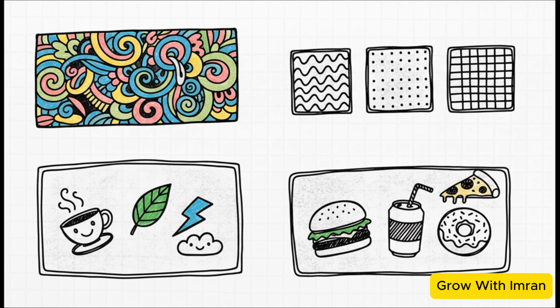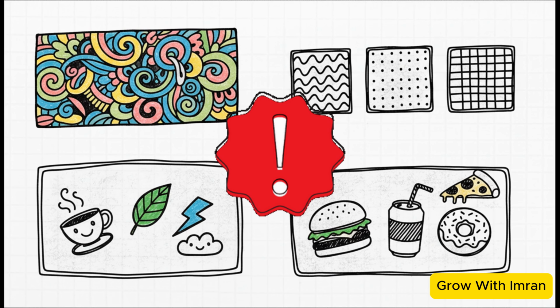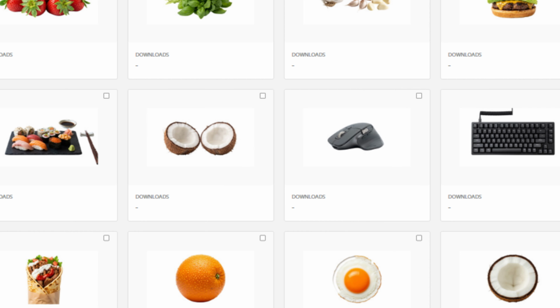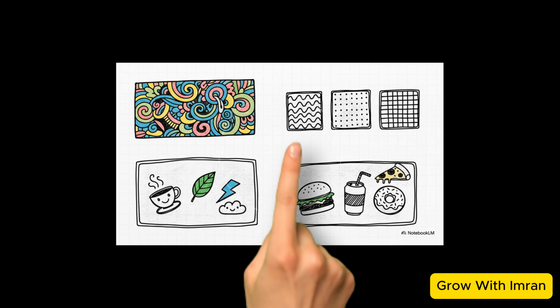Things like abstract backgrounds and graphic elements are absolute winners. Why? Because they're super versatile. A graphic designer can just drop one in the background of a website and it adds some flair without being distracting. Oh, and never, ever sleep on simple PNG objects with no background. Think little icons or a picture of a coffee cup. Designers love these for making quick mock-ups.